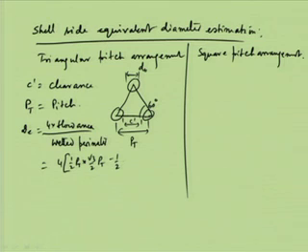So, half into pi d naught square by 4, that is the tube outside area. This is the available area in this region, and this part is not available, this part is not available, this part is not available. These 3 together give you pi d naught square by 4, divided by 2. And this is the perimeter, this is the perimeter, this is the perimeter which is getting wetted, which is nothing but half the perimeter of the tube. So, this now becomes pi d naught by 2.